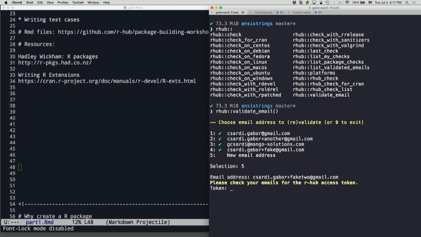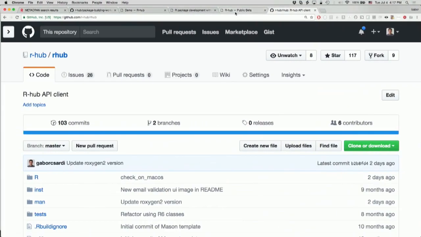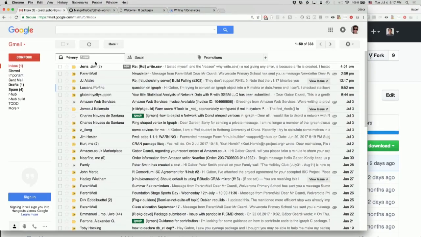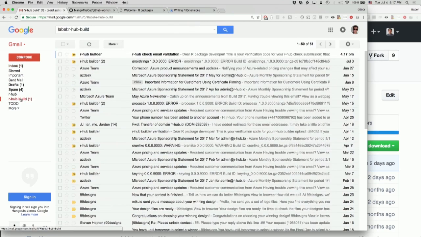And now this sends a request to our hub, and then our hub will send an email. It's the usual email validation thing, right? So our hub will send an email to this email address to check if it's really you or not, and hopefully I will get it soon. It goes to a different folder,